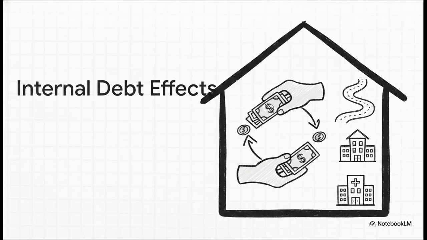Now, the really crucial question here is, what does this actually do to the economy? Well, this internal money is primarily used to finance development. We're talking new roads, schools, hospitals, the whole shebang. But here is the key takeaway. Because this money is raised locally and spent locally, the funds literally never leave the house. Because of that, the country's overall national income remains completely unchanged. The money is basically just shifting from one pocket to another within the exact same economic household.